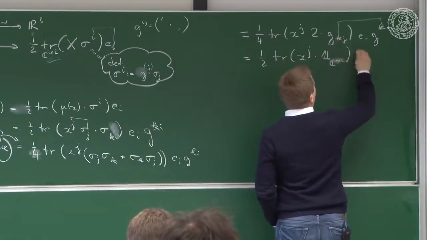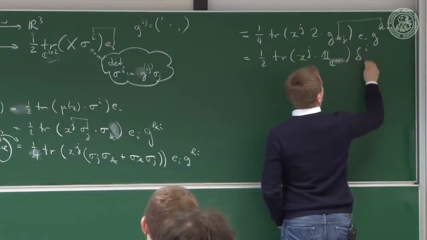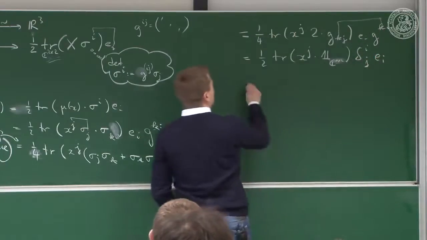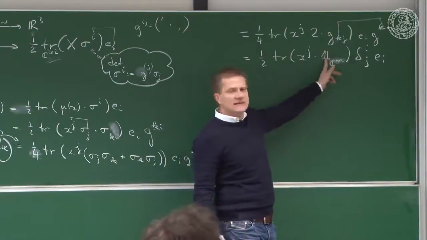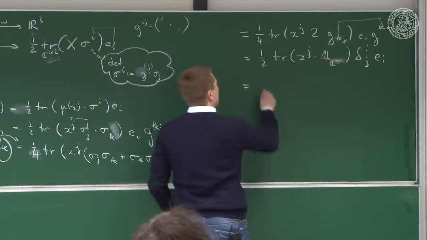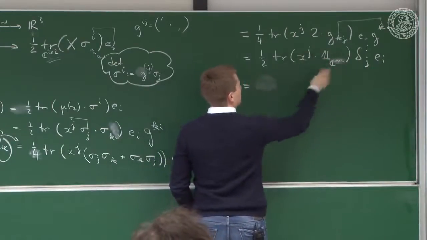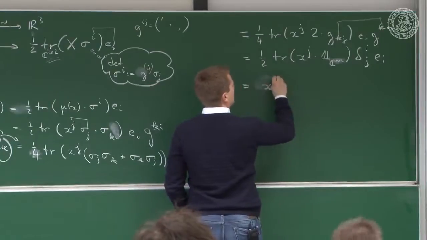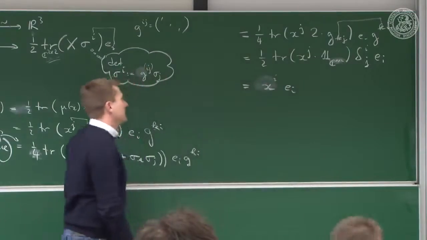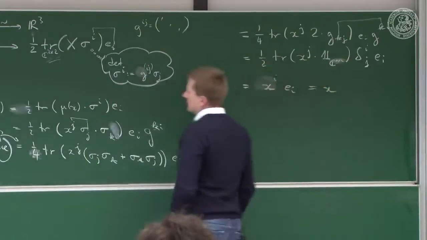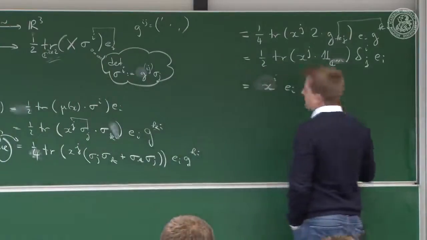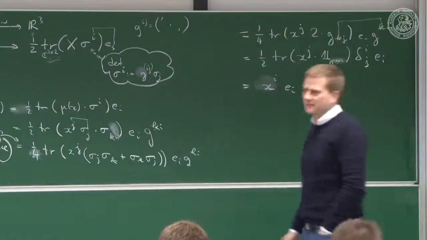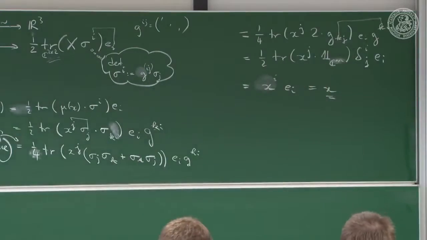And then you have your delta IJ E_I. So the X_J goes out, but the trace over a 2 by 2 complex identity is 2, which cancels this 1/2. So the trace is taken care of. This is X_I E_I. And indeed, that's x. Very good. So mu inverse of mu of x equals x. Okay? And now, of course, you also have to check the other direction, but I think that we